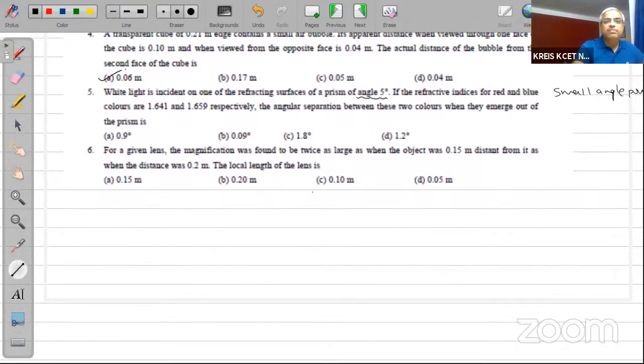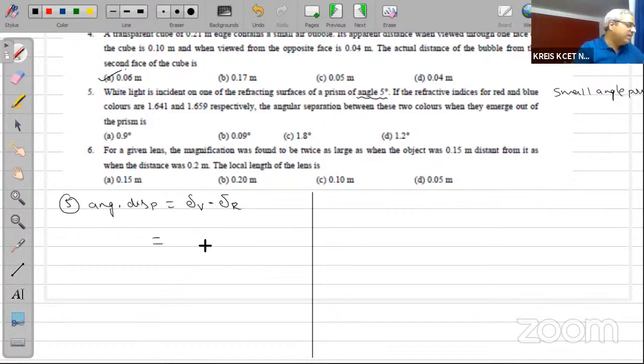ಈಗ question number 5 ಇದೆಯಲ್ಲ, let me solve that question number 5 here. Question number 5 solution is there. Now what is the angular separation given by, students? We know that the angular dispersion is simply given by delta V minus delta R, deviation of the violet minus deviation of red. ಅಷ್ಟೇ ಸುಲಭ ಅದು. So this will be equal to mv minus mr into A, where A is the angle of